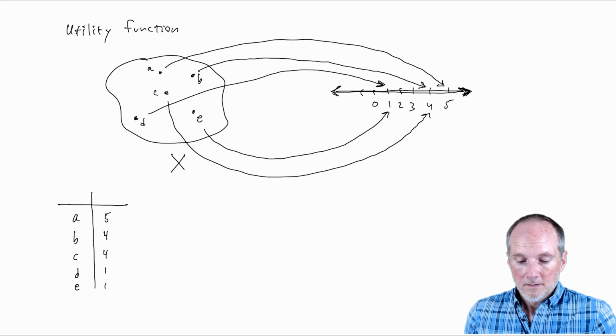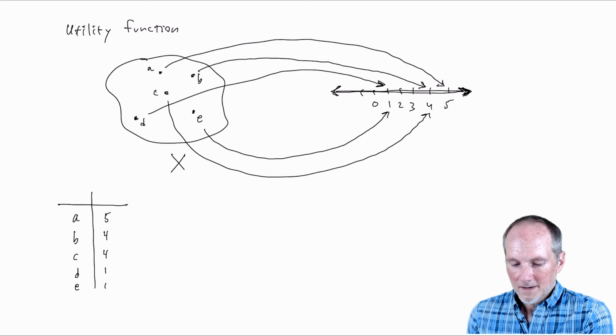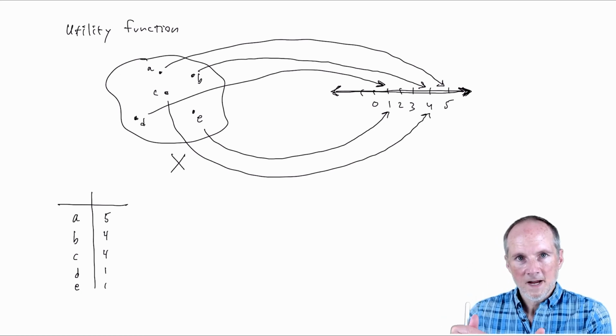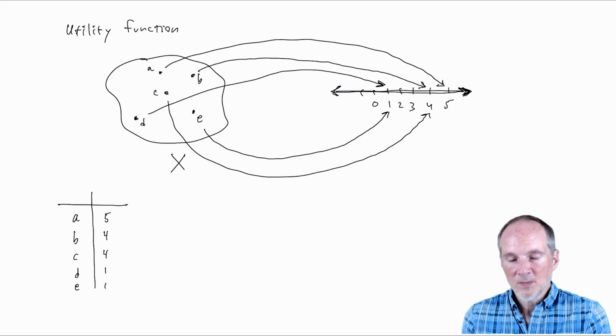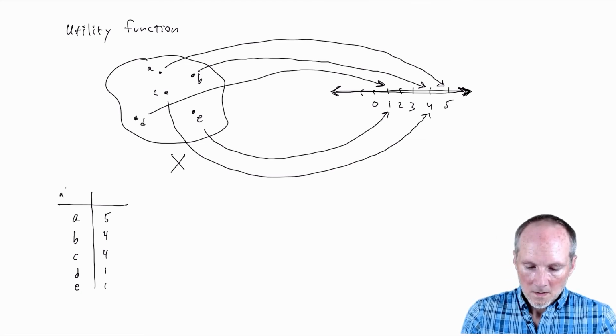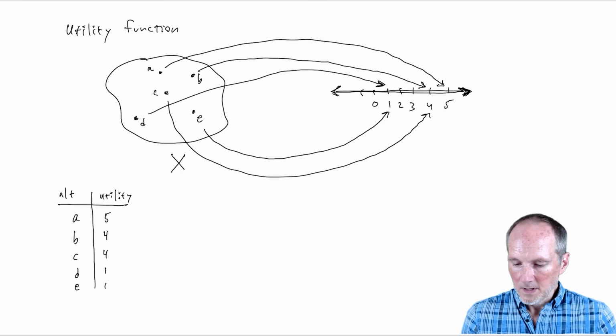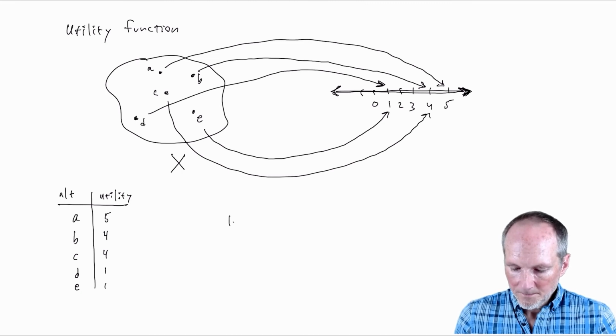So in fact, I'm really just describing the ranking from our example: A at the top, then B and C below that, and then D and E at the bottom. But instead of writing down a ranking, I'm assigning numbers to alternatives. So the left-hand column here is the alternative, and the right-hand column is the utility I'm assigning to the alternative. In general,